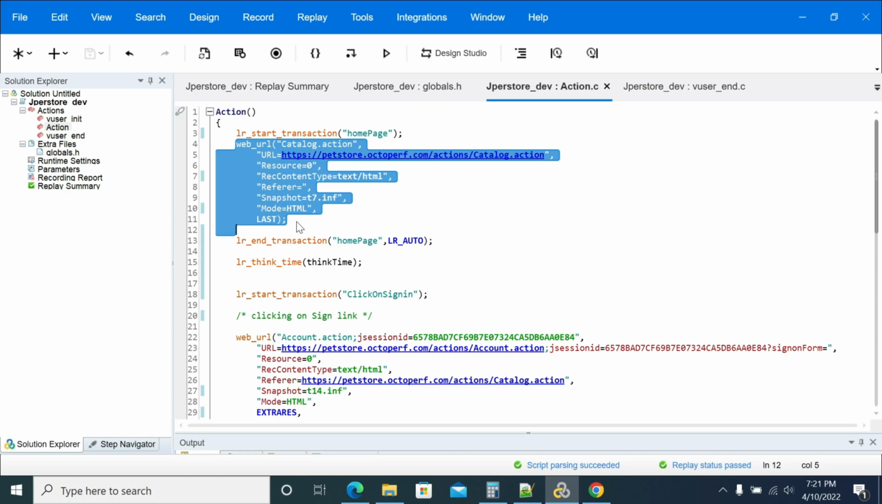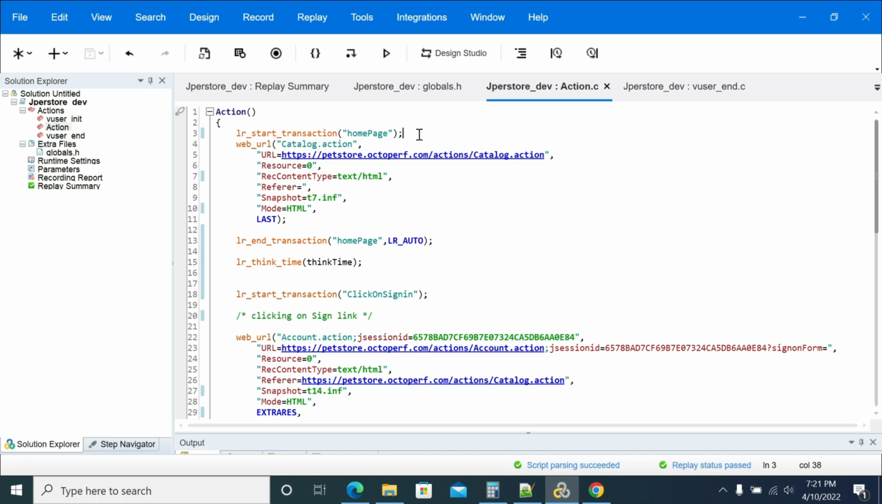Like if you take an example, searching for a product, clicking on a product and opening a product. So all comes under search and click on product. If you want each individual transaction separately, then what we can do is, first let's take